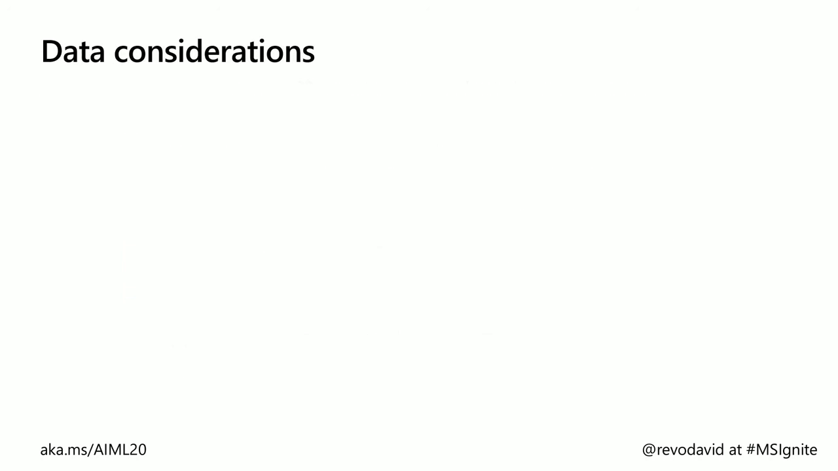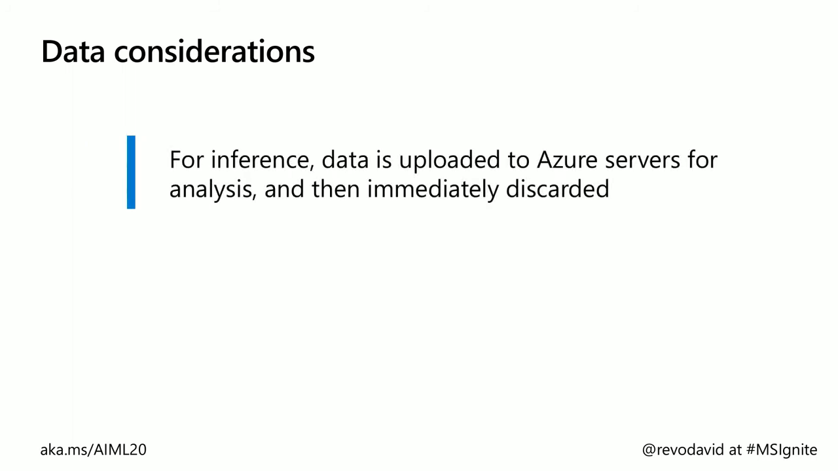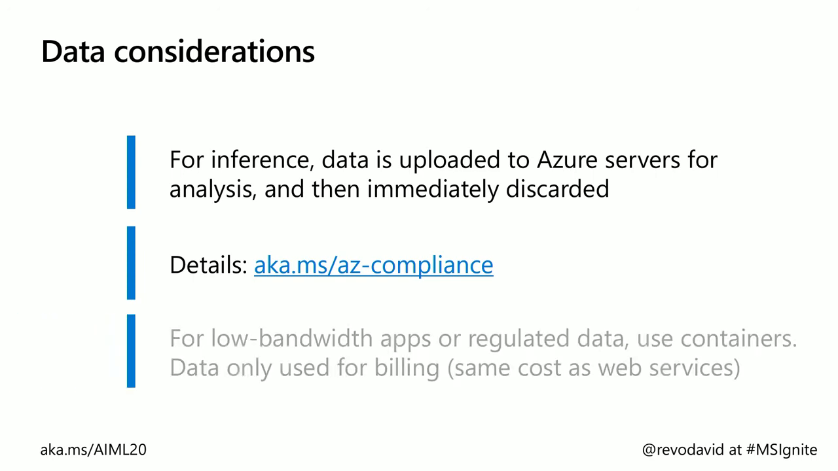You might also want to think about where your data is going and how it's used. For all of these inference services where we provide data and we get back a result, the data is uploaded to Azure and then just immediately discarded. You can get all the details about that in this compliance website that I have right here. But if you're working in a low bandwidth environment where sending up a big image across the web is an issue, or you work in a regulated environment where you can't send your data out of your firewall for whatever reason,